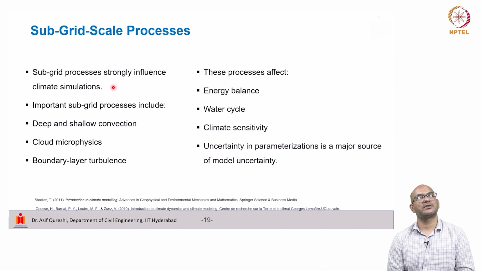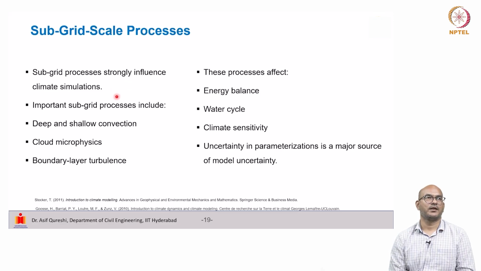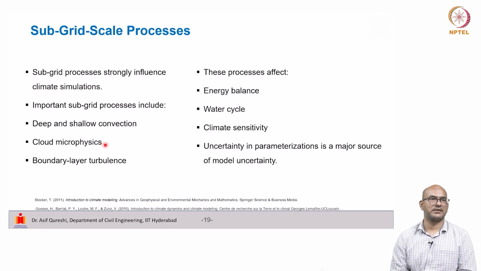The subgrid processes strongly influence our climate simulations. Some important subgrid processes include deep and shallow convection, cloud microphysics, and boundary layer turbulence. All of these influence our energy balance, water cycle and climate sensitivity,